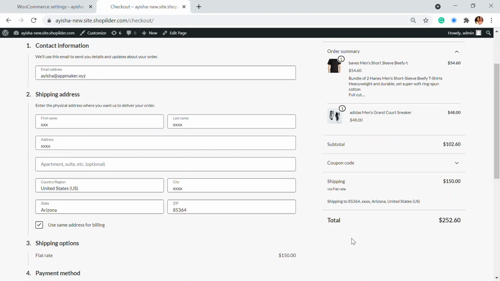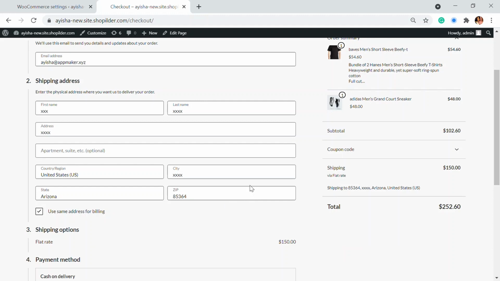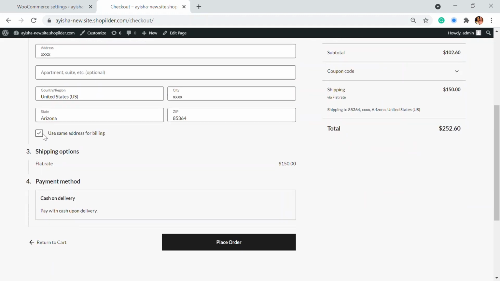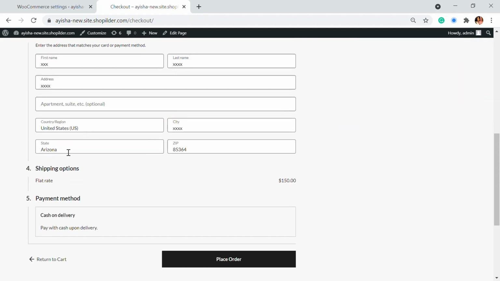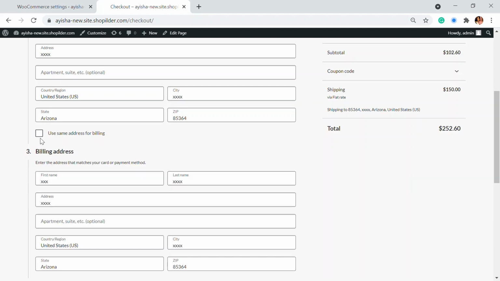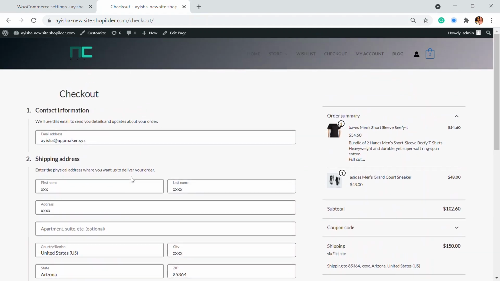We had all of the settings, and we had removed a few of the parts that we don't want. And if you want to use a different billing address, that is also available in this part. So this is it. We have created a cart and checkout page that is similar to Shopify.